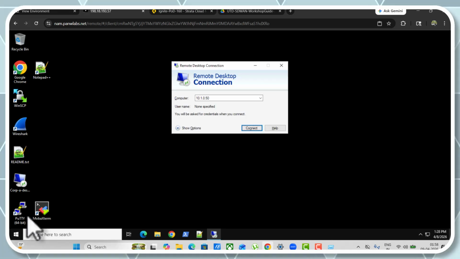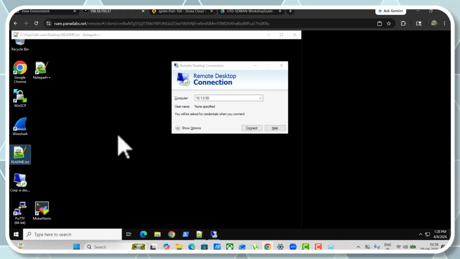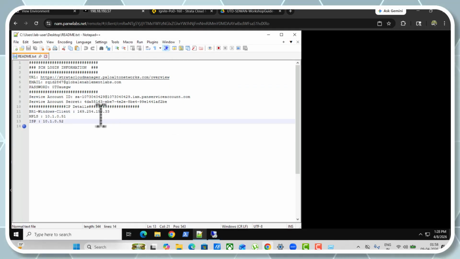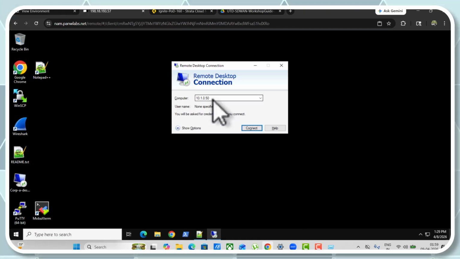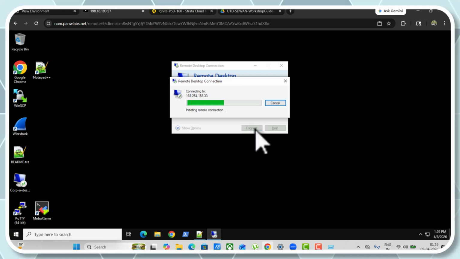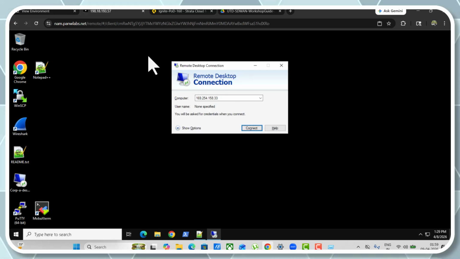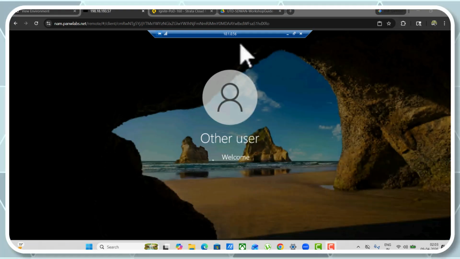No, my one is different. Let me try this only. BR window client 1. Maybe some lab changes they have done. No, it is not connecting actually. So let me check, I will come back. So actually the IP was